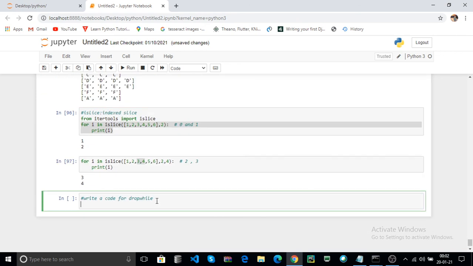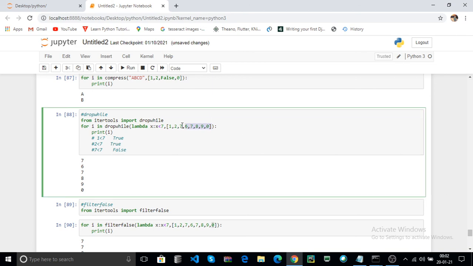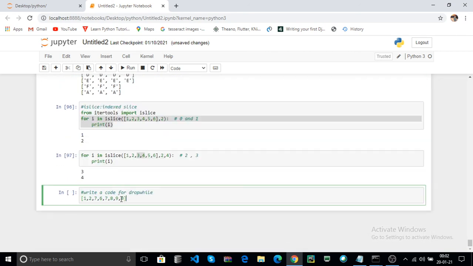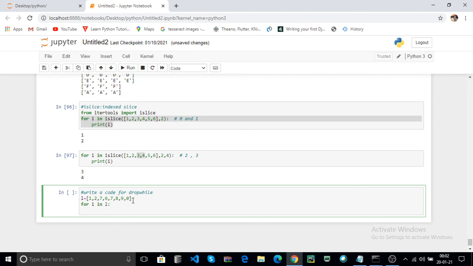Here I have the same list. For example, the list is L. Now check for i in L, which iterates every item in the list.